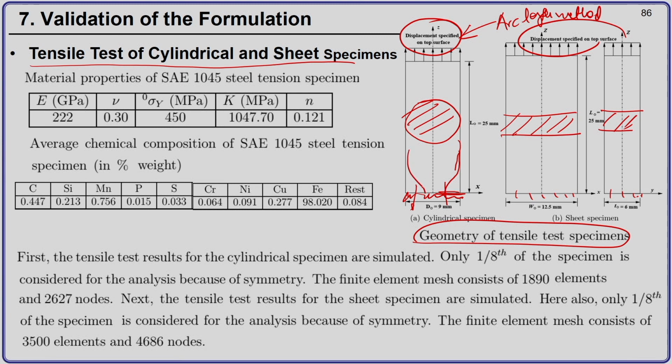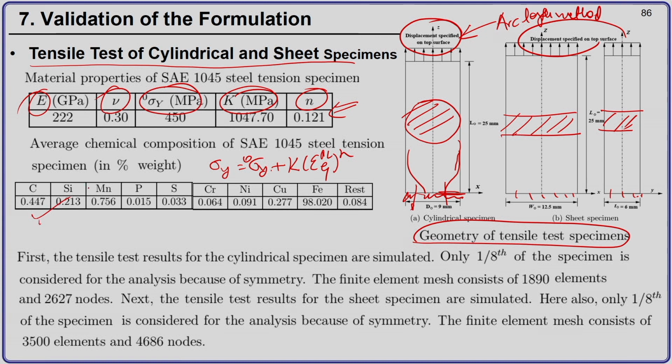Because of the necking, the load displacement curve will have a negative tangent, and I have to be careful because the usual Newton-Raphson will not converge. These are the material properties: the Young's modulus, Poisson's ratio, the initial value of the yield stress, and the hardening coefficient and hardening exponent. Remember our hardening law is sigma equal to sigma y 0 plus k epsilon equivalent plastic raised to power n. That is how my yield value is changing.